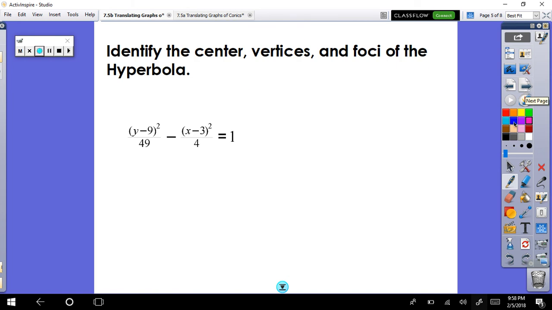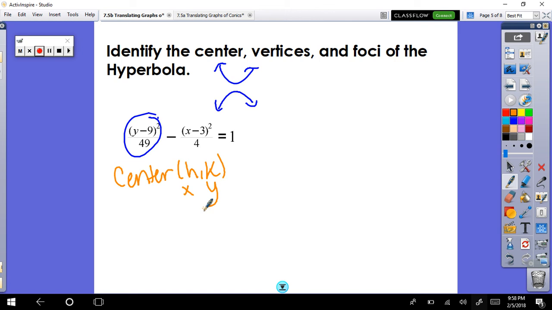Okay, another hyperbola example. Again, we look first to see what this means: it's going to be up and down. It has a center (h, k), but you have to remember the h always goes with the x value and the k always goes with the y. So this center will be (3, 9), because the h is with the x value. That means our a squared value, which comes first in the hyperbola, is 49, so our a value will be 7. For our center at (3, 9), our vertices will be a distance of 7 above and 7 below